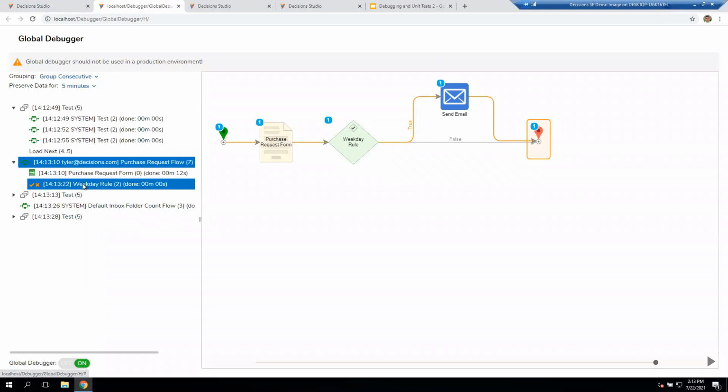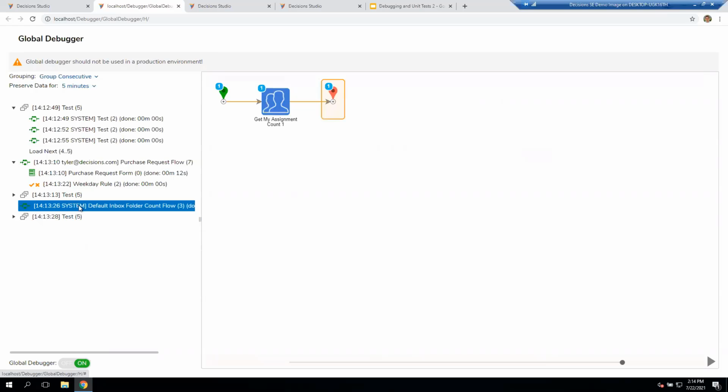Now, if I could jump in too, one of the other great features about the global debugger is if you have processes that are running and you're unaware, you may have multiple people on the same instance running multiple processes, and you're curious what all is going on. This is also a great way to pop into that normal visual debugger you're used to using, but be able to see a holistic overview of every process that's running on the system, as well as these system generated ones,